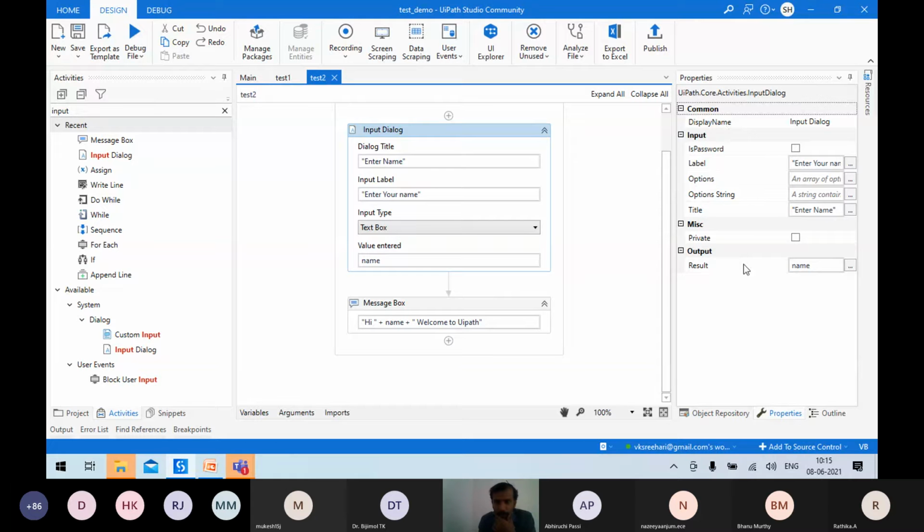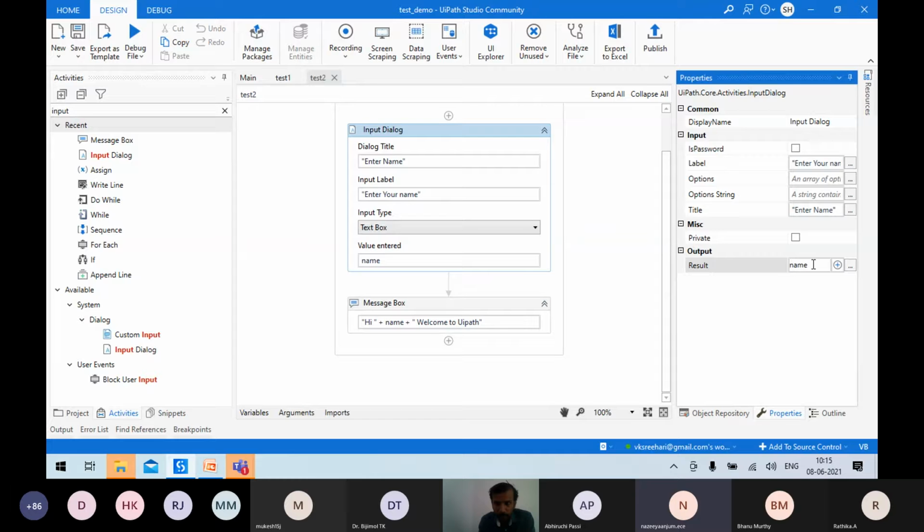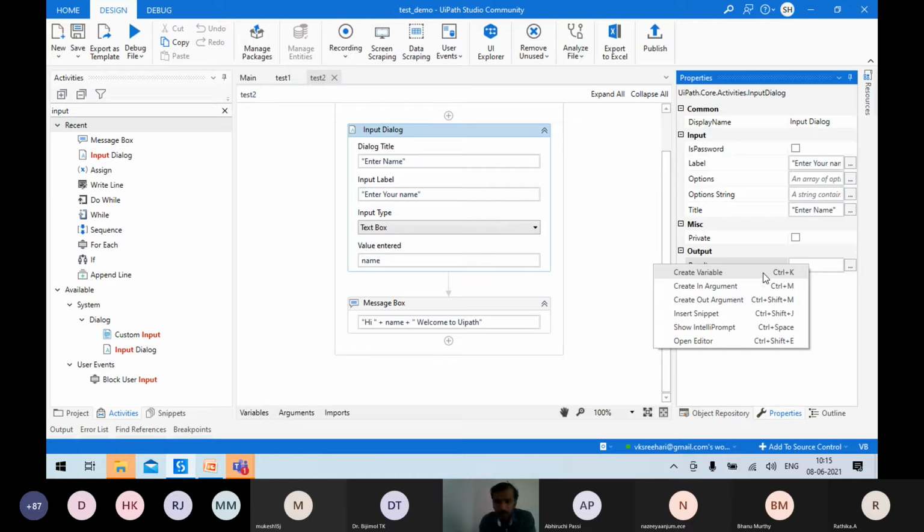In the property, take the result, right click there and click on create variable. The shortcut for that is Control K. You click over and take the shortcut as Control K. The variable will be there. You can give any name.